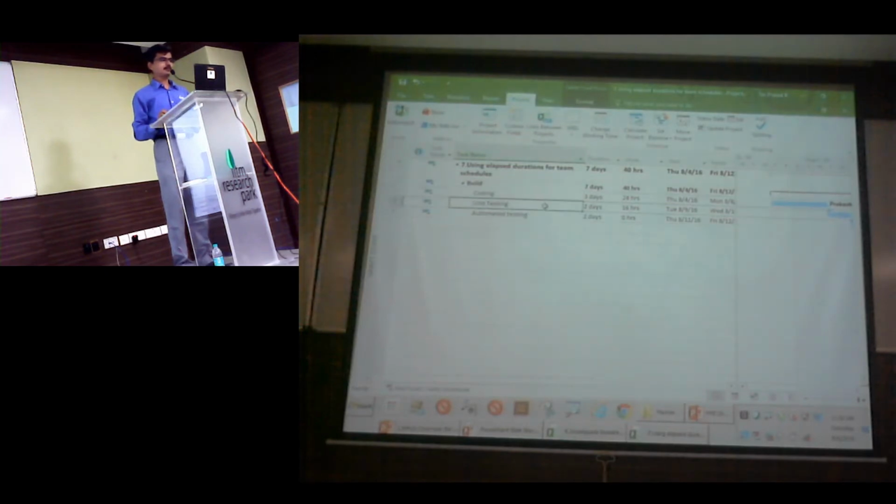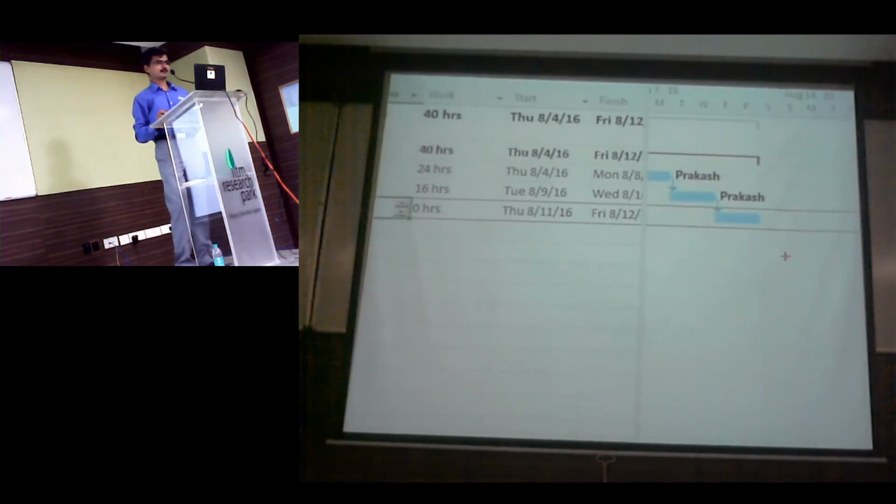Coding and unit testing will generally be done by team members, so I'm just keeping it in days. Let's see the third task. It's more of an automated script that will run automatically, perhaps doing regression testing on the code you've written. There is no effort required from us to supervise it. But if I say 2 days here, just notice what happens for that activity. It is scheduled on Thursday and Friday. Do you all see this?